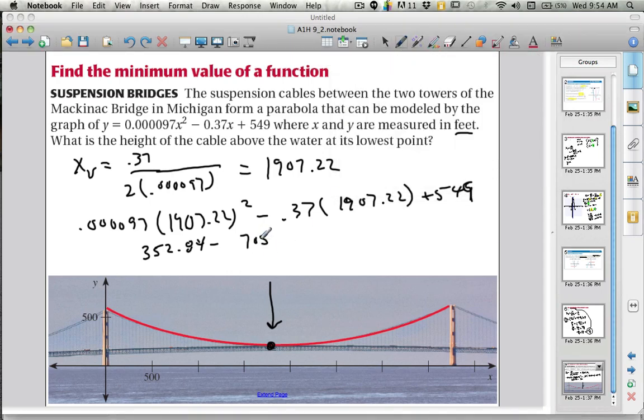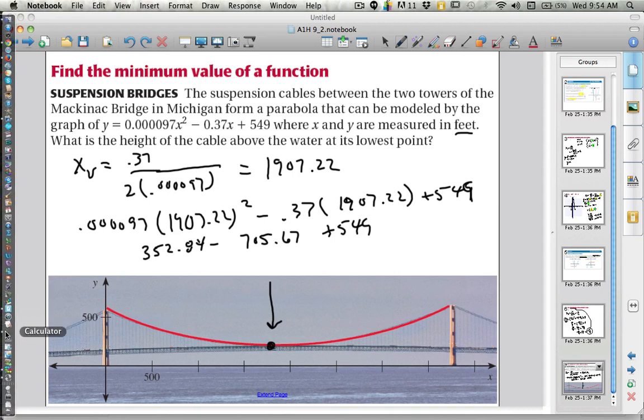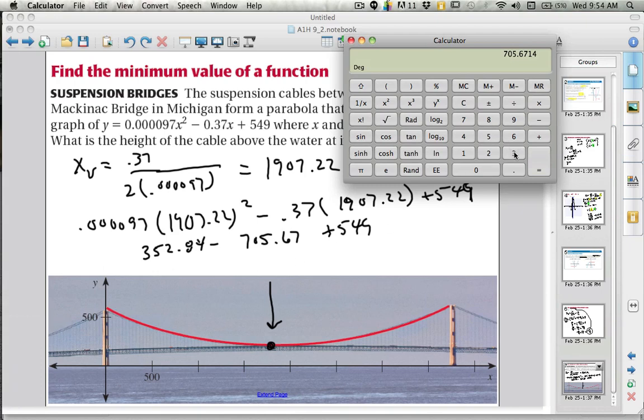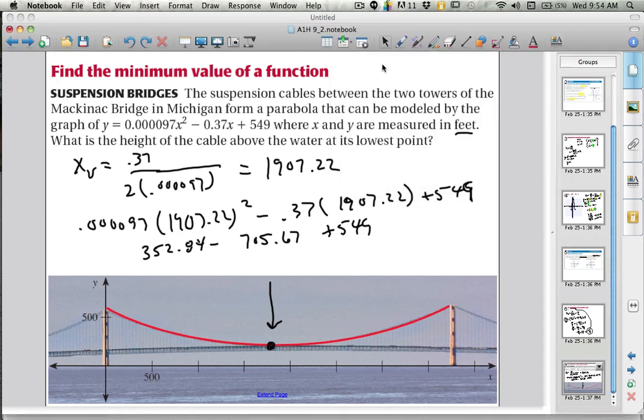So 705.67 plus 549. Now that's easy. Before now it was pretty complicated. Now it's pretty easy. Right? So I have 352.84 minus 705.67 plus 549 equals 196.17. So y is equal to 196.17